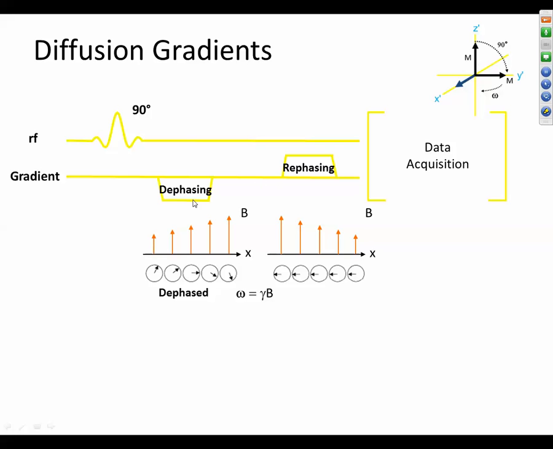And now we want to apply another gradient. This gradient has the same duration and same strength, but the direction is opposite. So here, notice that this is x, that means the location. For the same location,